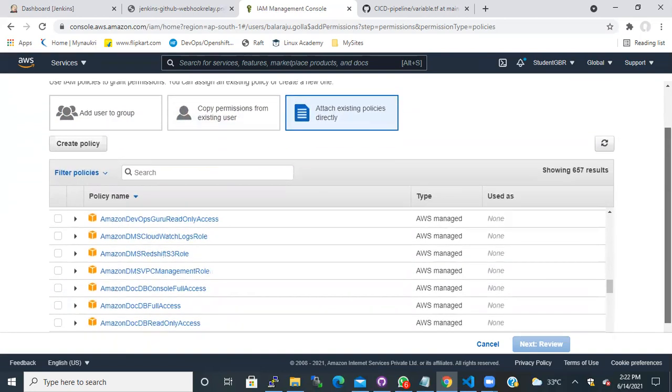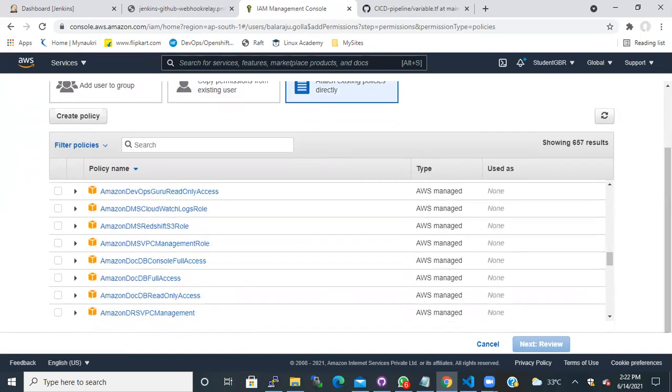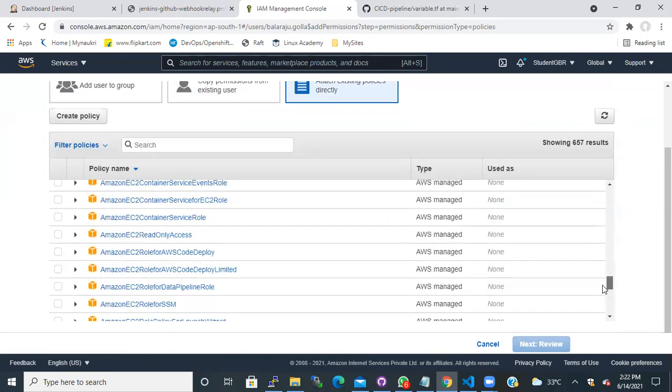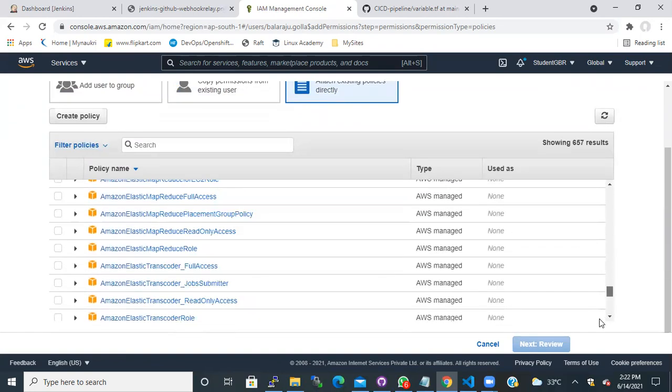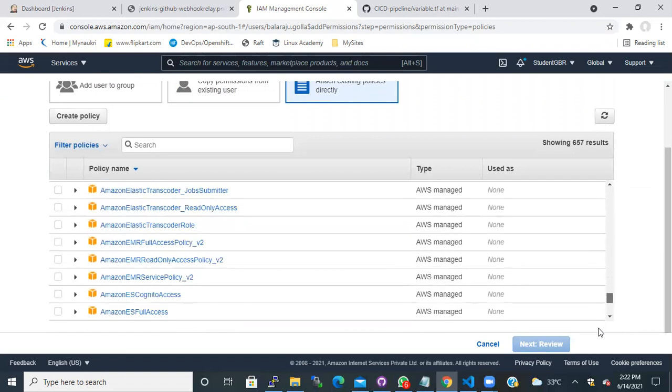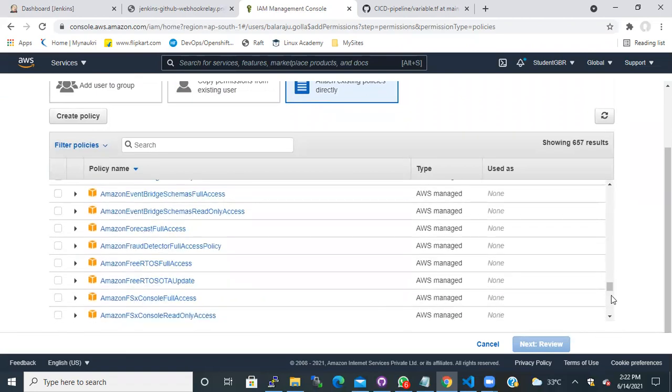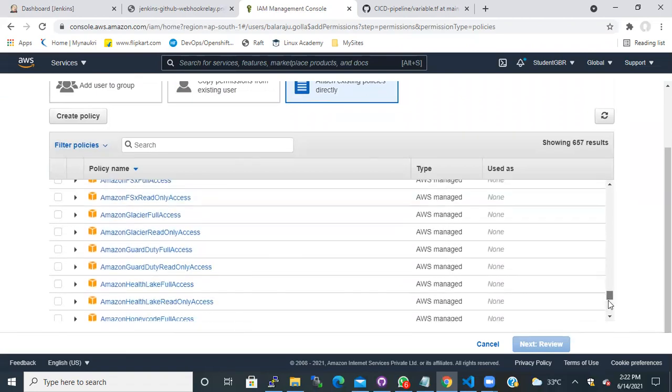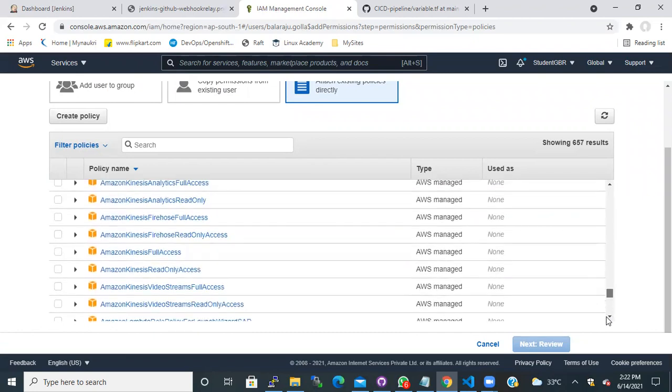AWS has maybe more than 60 or 70 services. For all those services you will have different policies, and these policies decide what access or permission the user should have.